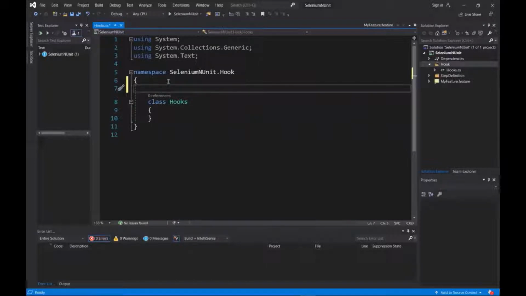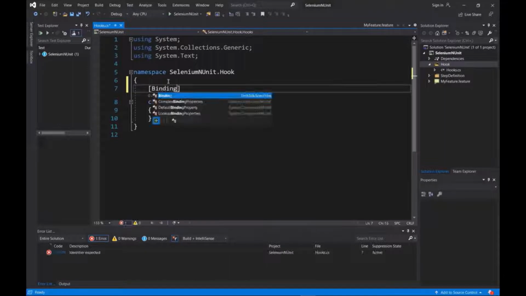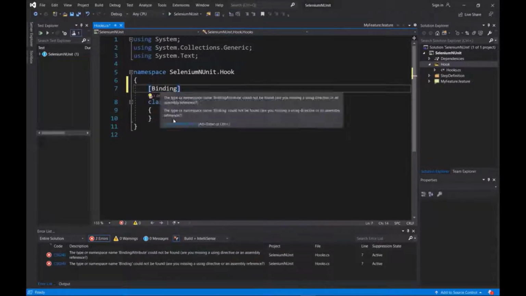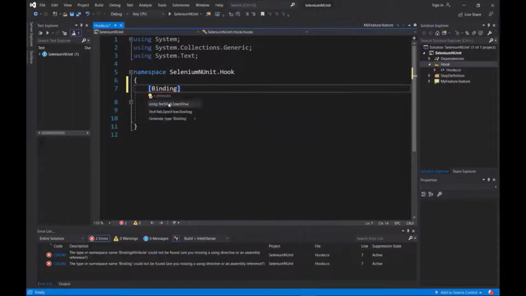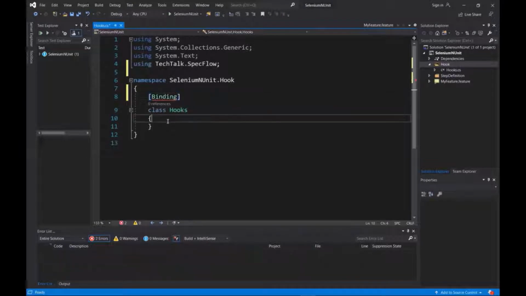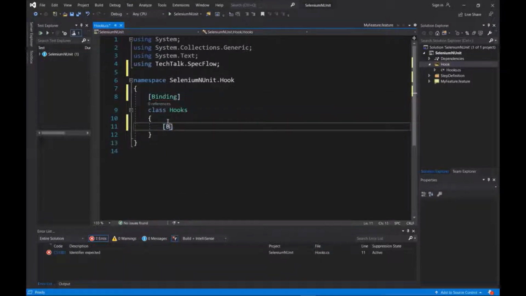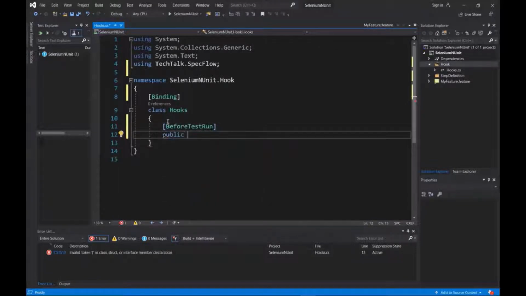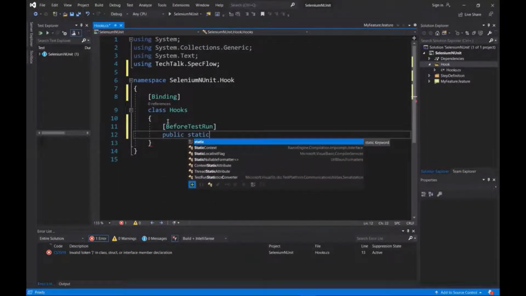Under this hook, we'll write our logic that has to execute before the entire test run. In order to use hooks, we need to add the Binding attribute to our class. Now create a method called BeforeTestRun. So we'll write public static void BeforeTestRun.